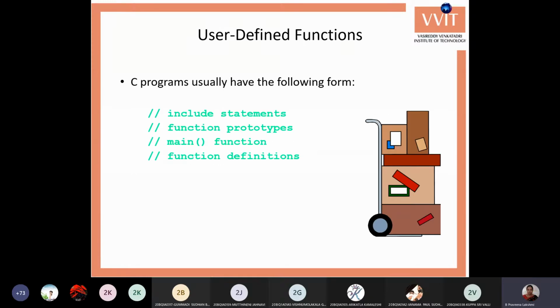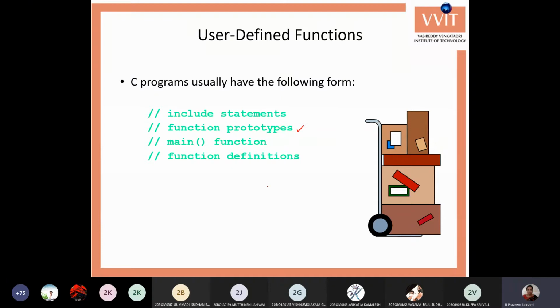For user-defined functions, we write these functions after the hash include statements. We can write them in two ways: either we write the function definition after the main or before the main. If we are writing before the main, then we need not give the prototype. We can just write the function implementation, then main.